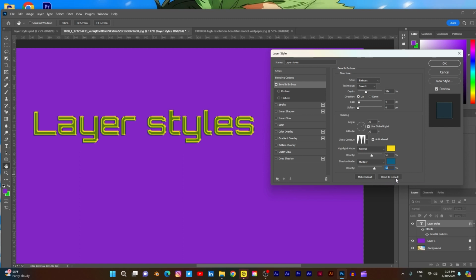Otherwise, reset to default means the original settings before applying all these things. This style can be something different, right? So we have to choose, depending on the requirement. For timing I'm not changing anything, okay. And see the tick mark: when you switch off the tick mark, all the options go off,